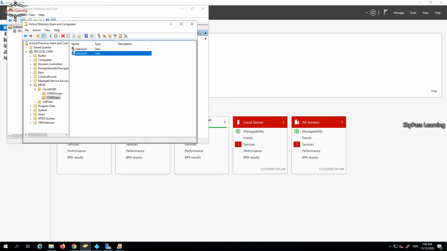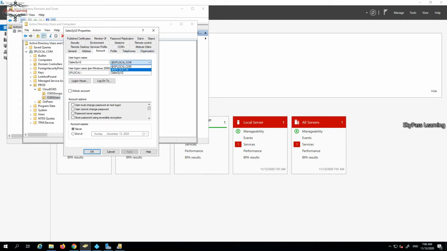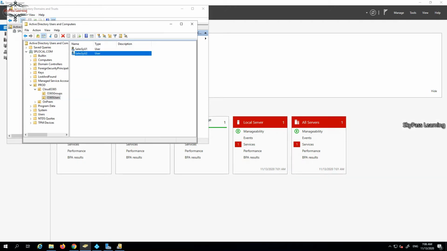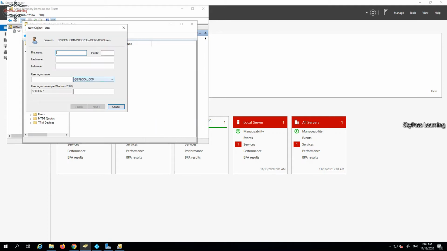I can do it with PowerShell, and this is mainly done at the planning stage. This suffix must be added, and when you are trying to create a new user account in Active Directory, you can choose the specific domain. That is what I have here.